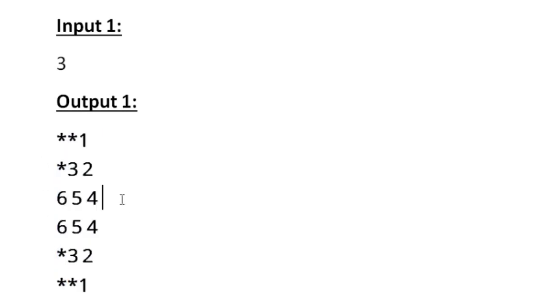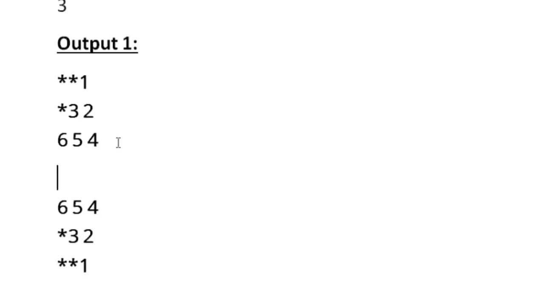It is also given in the question that the second half of the pattern is the water image of the first half. So first let us divide our output into two halves. The first 3 lines are the first half and the last 3 lines are the second half. When we observe both halves, we can see that the second half is just the opposite of the first half. Here the 654 has occurred last, and in the second half the 654 has occurred first. Similarly, the remaining lines are also in reverse. This is what we call a water image pattern.